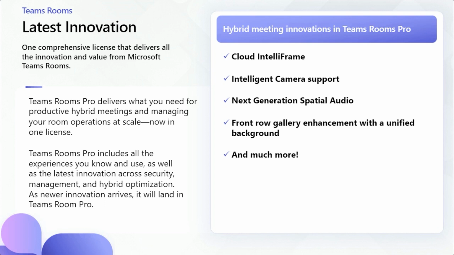The example that I like to give is, if I am at my desk using my desktop for the majority, let's say 80% of my daily work, and it's emails and Teams meetings from my desktop and chat. Even if just 20% of my day is spent in a physical meeting room, I am going to expect that I'm going to have the same AI tools and capabilities and features and benefits in that physical meeting room as I would if I was joining a Teams meeting from my desk.